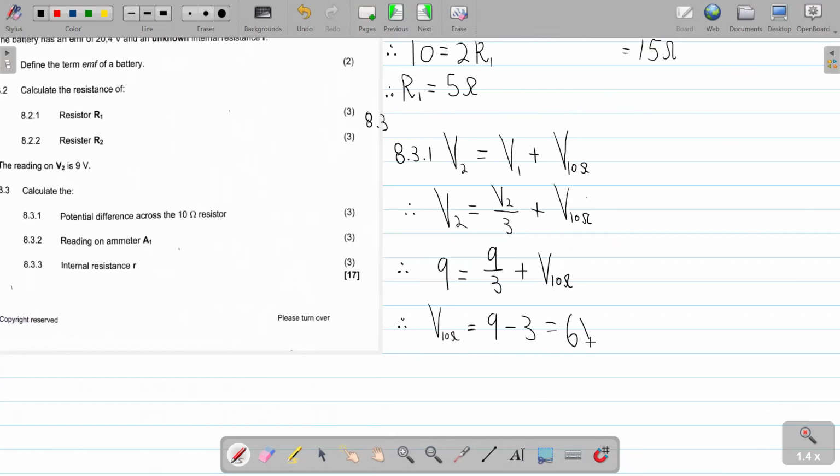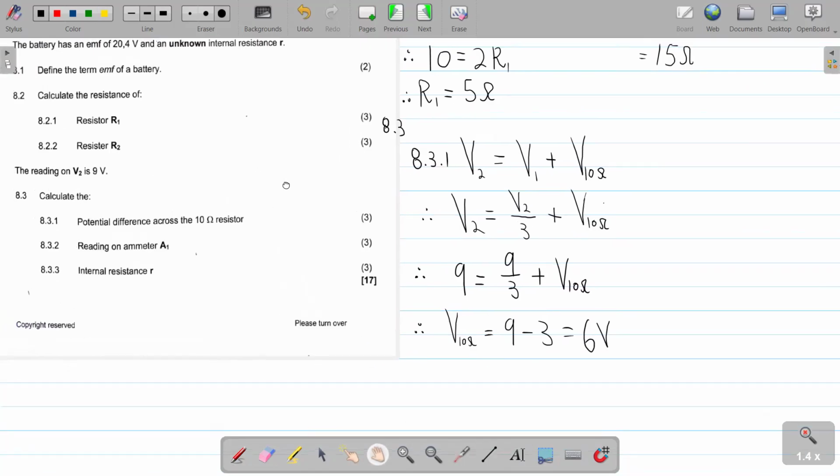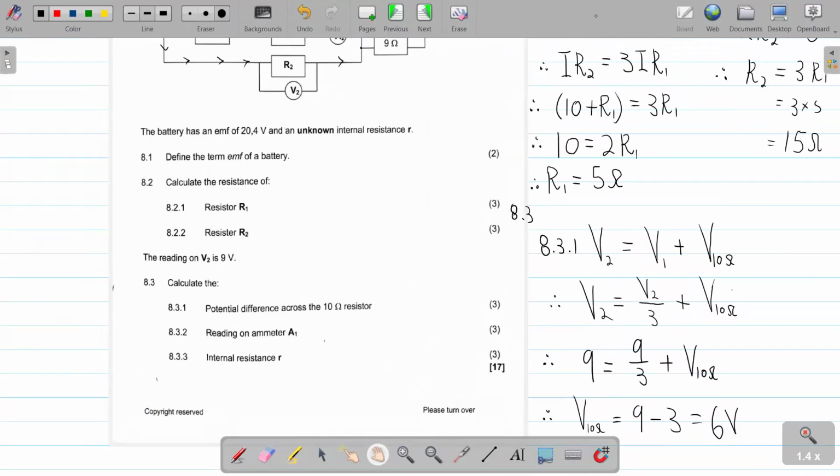Then 9 minus 3 equals 6. The 3 comes from here, that is 9 divided by 3. So that means the voltage across the 10 ohms is 6 volts. Okay. Now let us go to